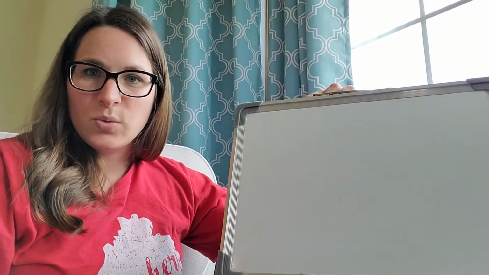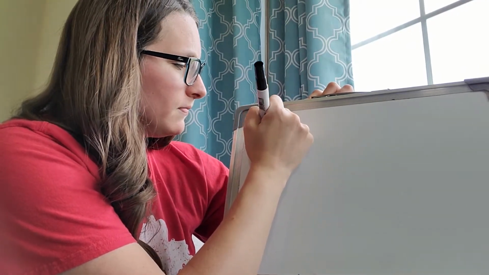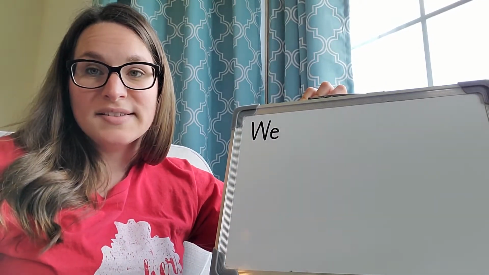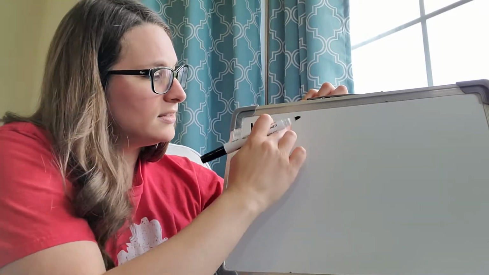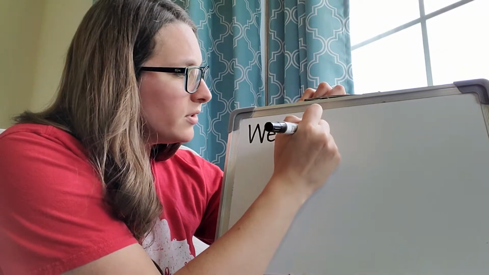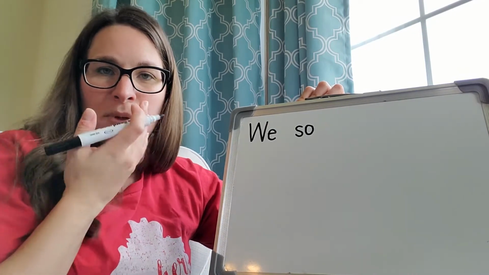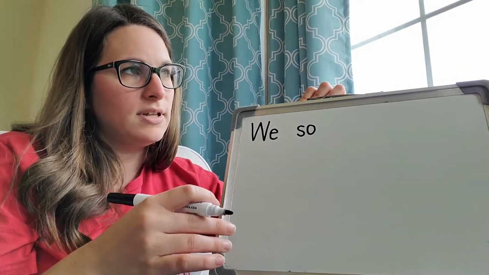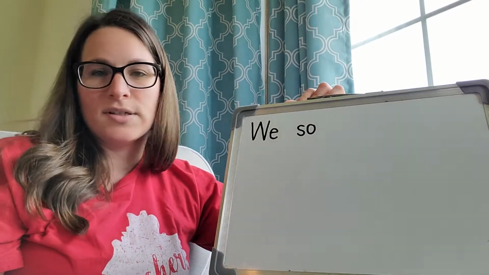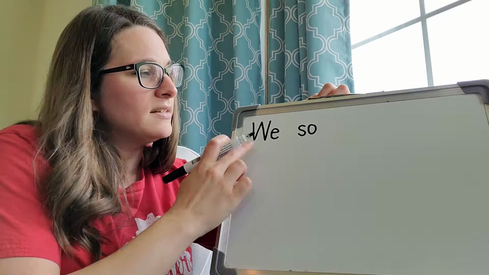So I'm going to start by writing the word we. We is a sight word. W-E. We saw. I'm going to leave space. And again, these words don't need to be spelled completely correct. That's fine. Parents, if you would rather help your child with the writing for this, I understand. Again, we're really focusing on the math here, but I'm going to use this as a writing lesson also. So I'm just going to continue to write phonetically. So we saw,